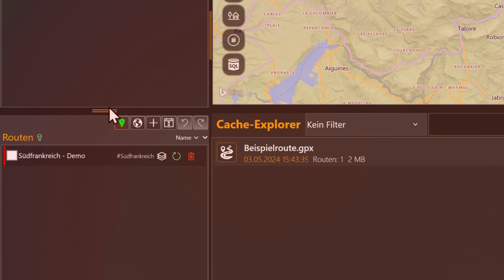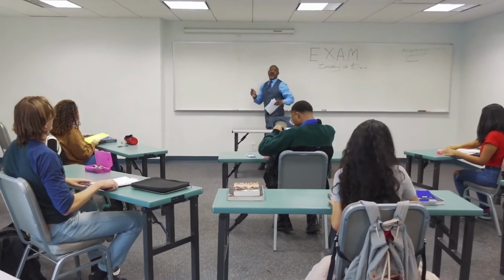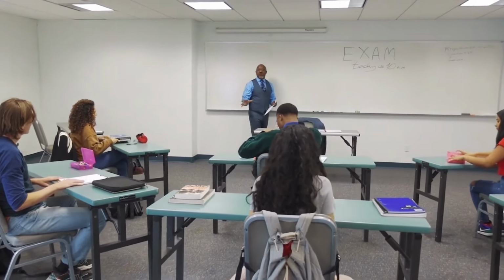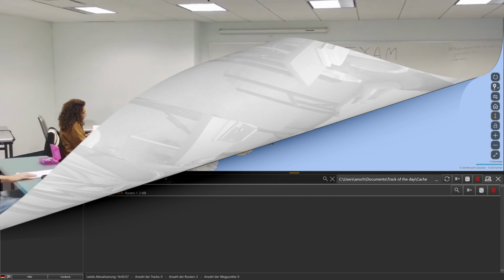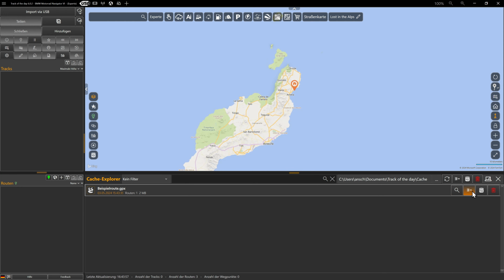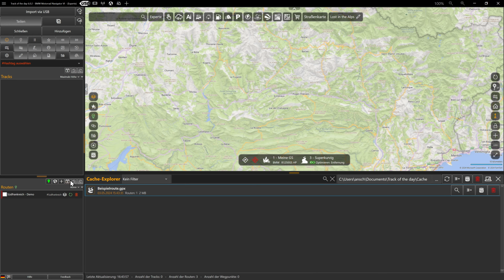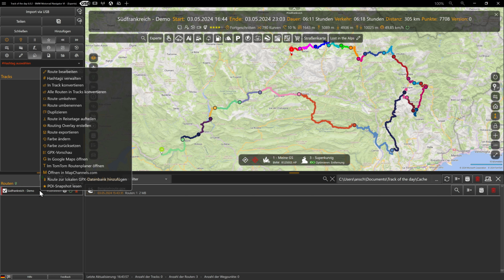Why is that? If you click on the route with the right mouse button, you can open a GPX preview via the context menu. Here you can see the name of the route.